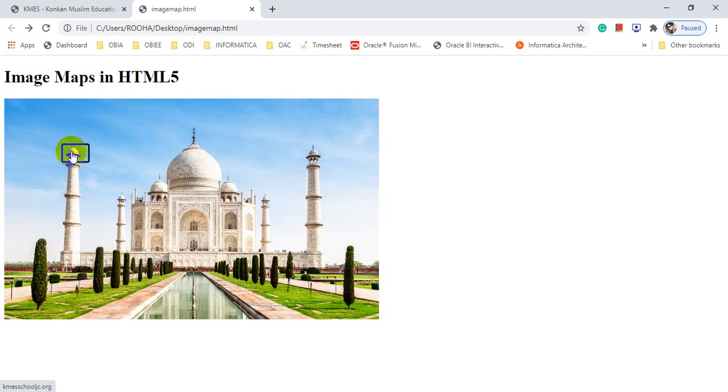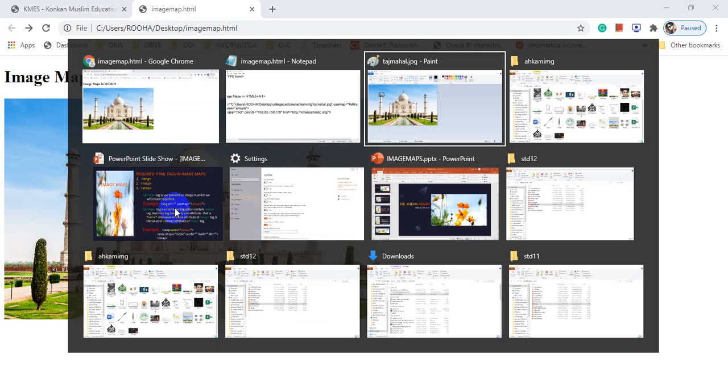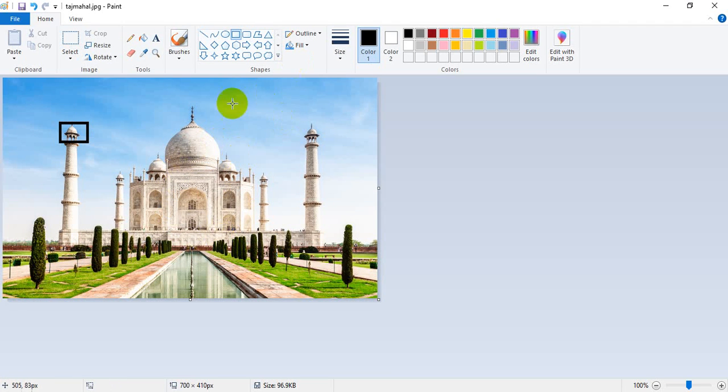Okay, so first we have taken area shape equal to rectangle, and now we are going to take area shape equal to poly. Okay, again if you are going to create one more hyperlink, again you have to take the coords of that particular area where you want to create. So for example, if you want to create over here, again you have to go back to your image and take one shape and take your coords like you have taken for the rectangle. So I am going back to my image. Okay, this is my image, and I am going to create a polygon.